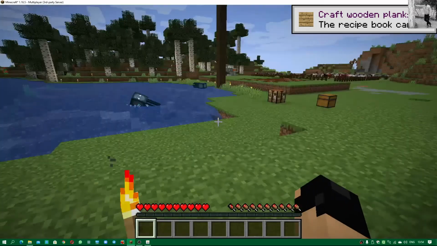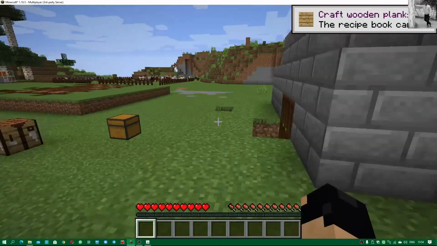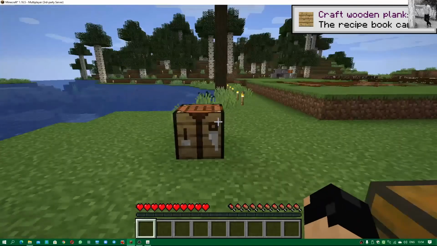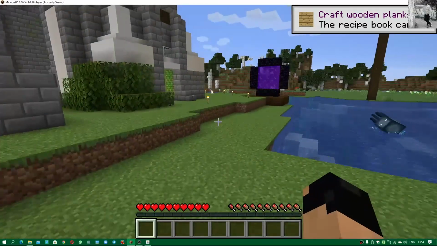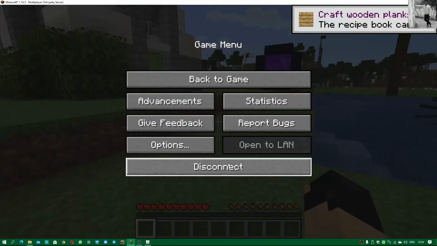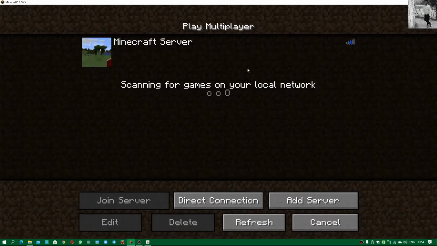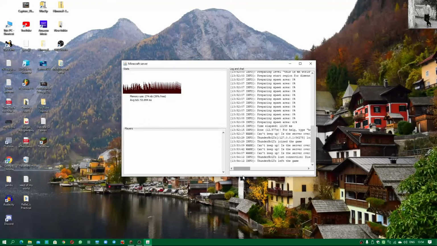But this is how I showed you that you can install your world and seed onto your server easily. You saw that this is my world, a beautiful one. Okay, so anyways, let us disconnect from the server. So this is how you can transfer your world to your server. You can also change this description if you don't like that description. Okay, for example, you can do it stop, I guess.